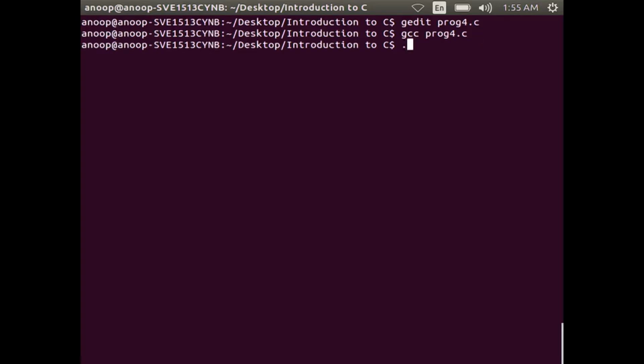Sscanf str1 percentage s str2 reads data from str1 and stores in str2, and puts str2 prints value only because sscanf stops reading when it sees a space. Let us now compile this program, and after compilation the output will be value of x is equal to 20.